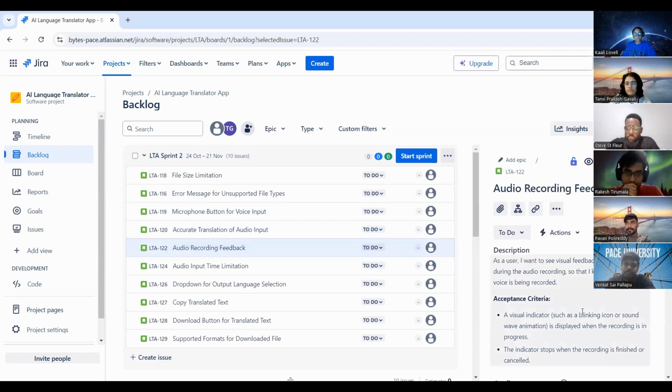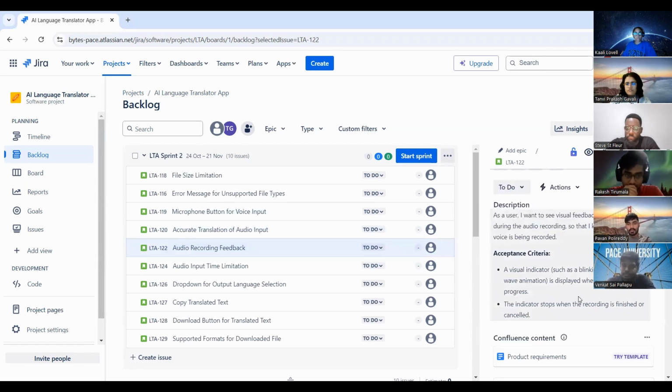Audio recording feedback. What exactly is this audio recording? What is that feedback? Oh, this is to have an indicator when the microphone is working, like a blinking icon or wave animation, to let the user know whether we are recording the voice or not.